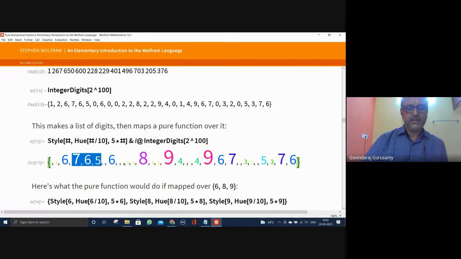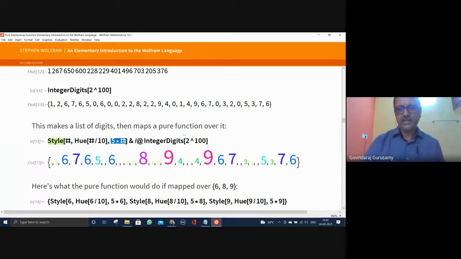Then there are 2 zeros followed by a 2, then another 2 is here, then 8. This continues till the last number that has been given, in this order, with style as hash. This has become a color, which is this number divided by 10, the corresponding color has been taken, and this is multiplied by 5 times.